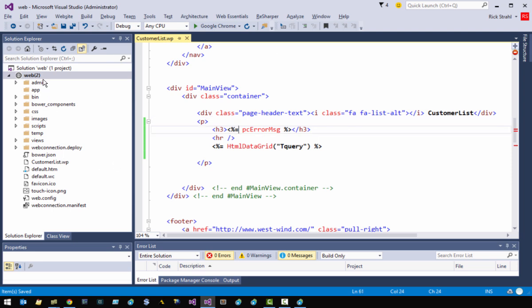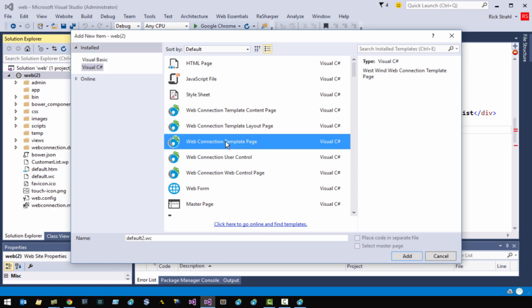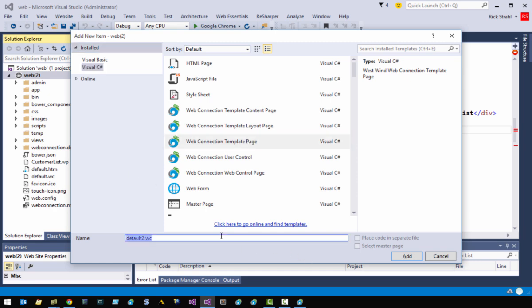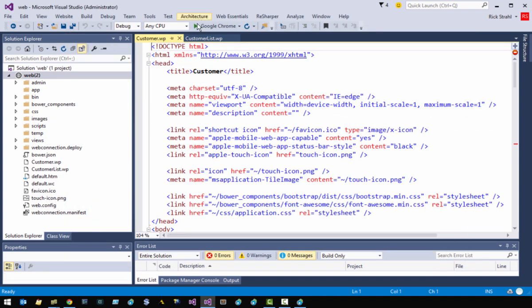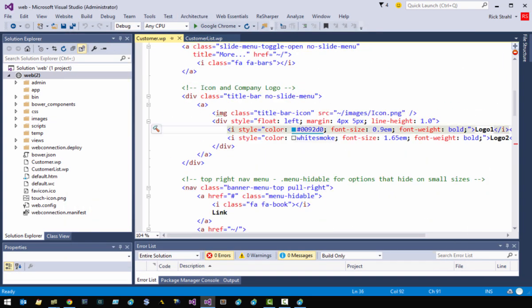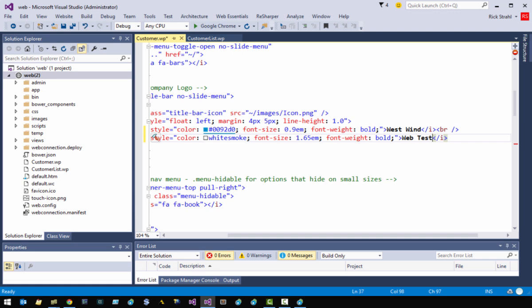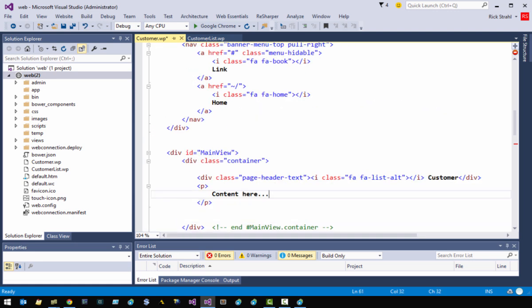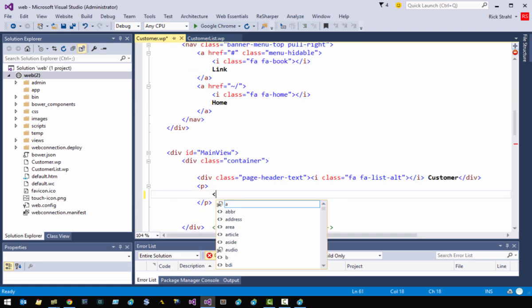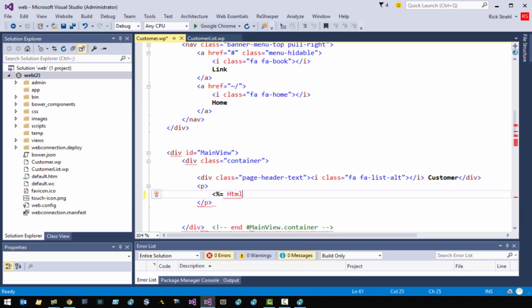So then we can also do this for the customer page. So we didn't have that before. So I'm going to create another template page and I'm going to call it customer.wp. And when we create that, notice here we have to go in and make the changes. Westwind, web test. So that's a little bit distracting, and I'll show you the workaround for this. And then here I'm going to say HTML record